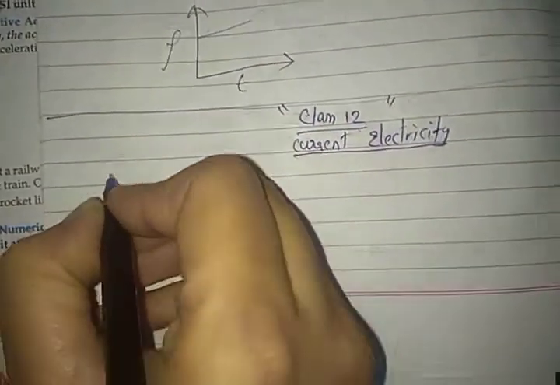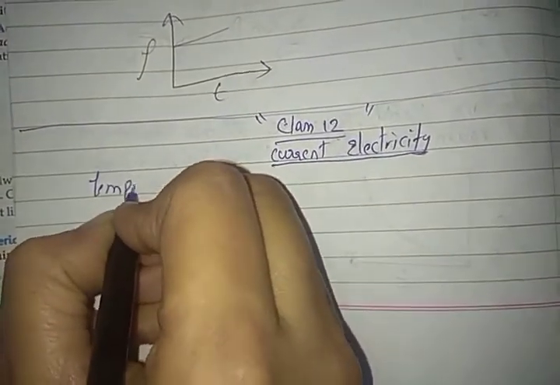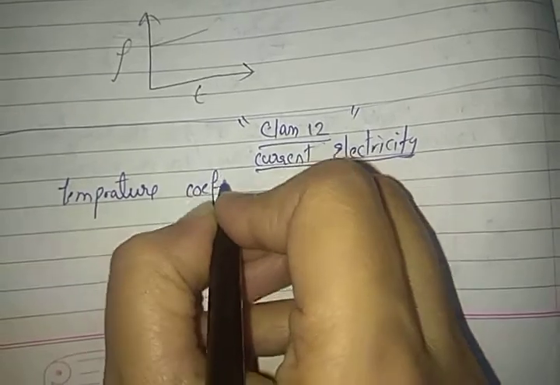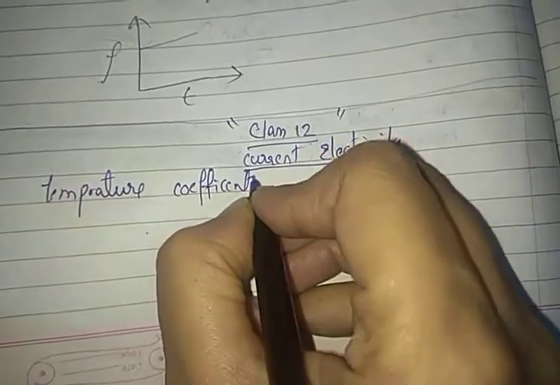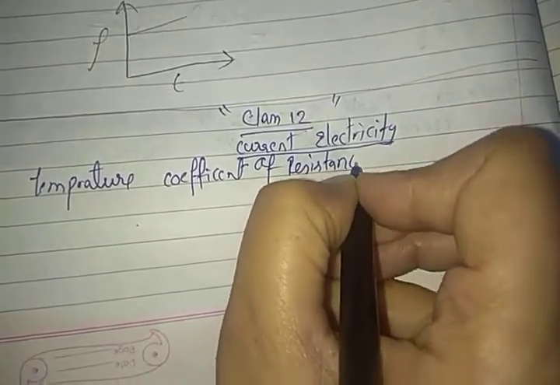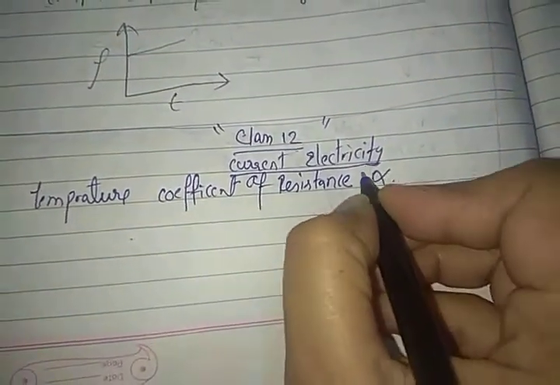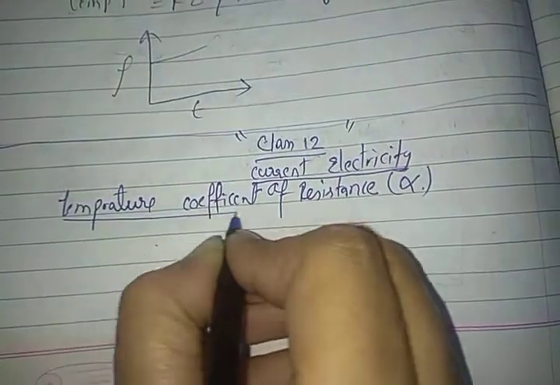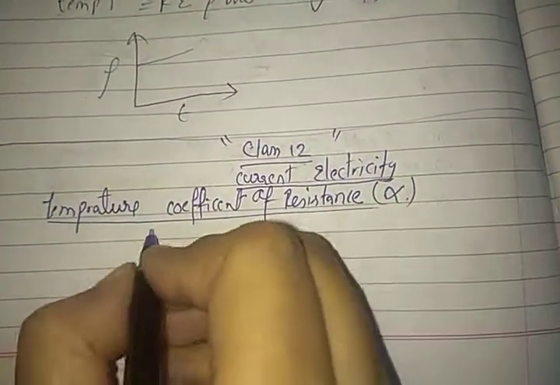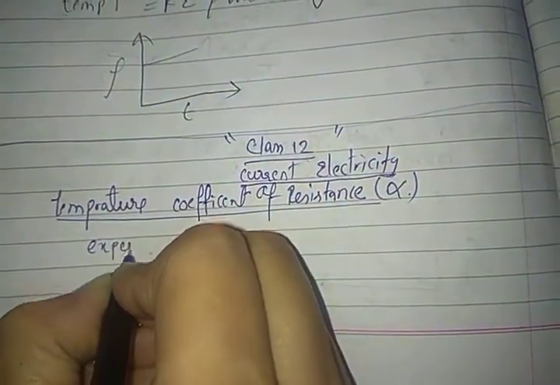So first, now we'll be talking about the temperature coefficient of resistance. The temperature coefficient of resistance will be called alpha. So when we do experiments,